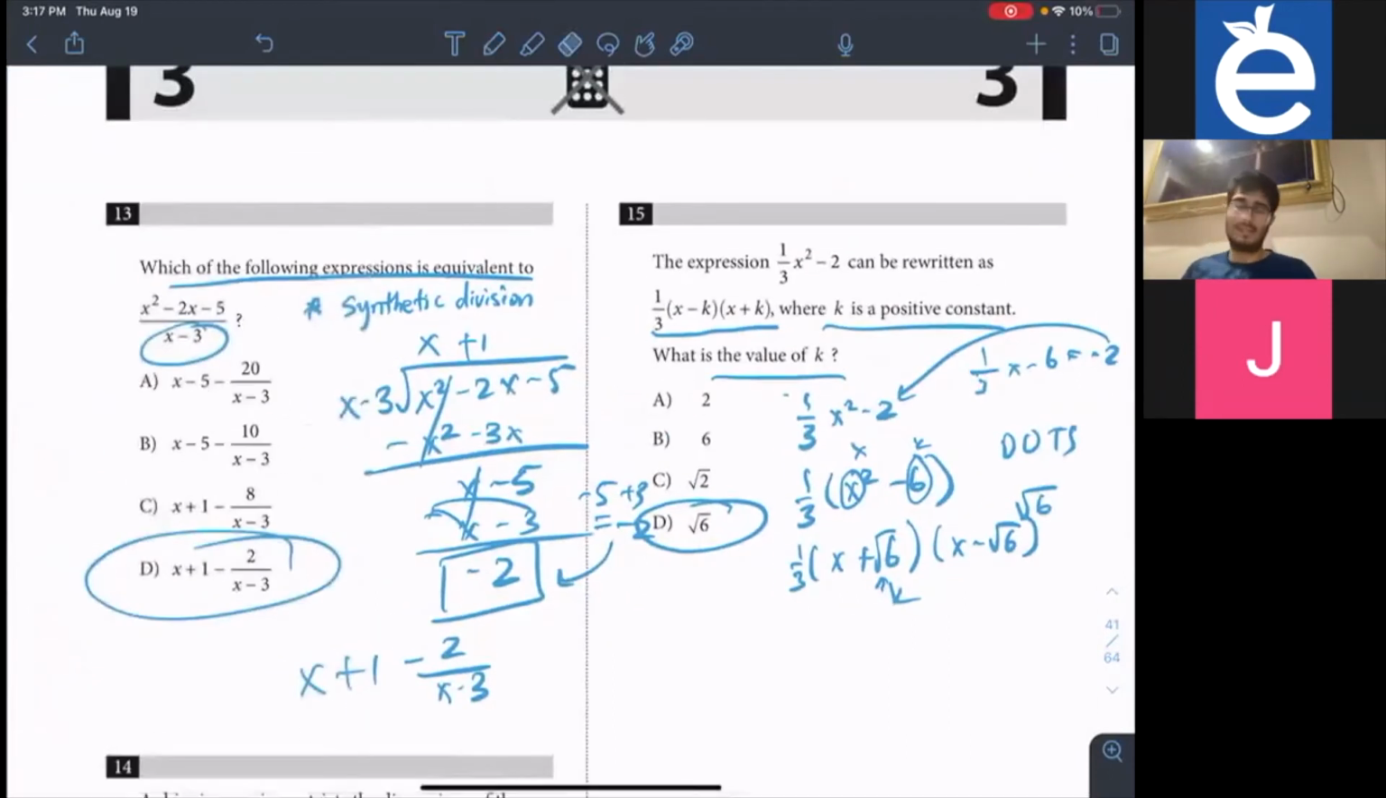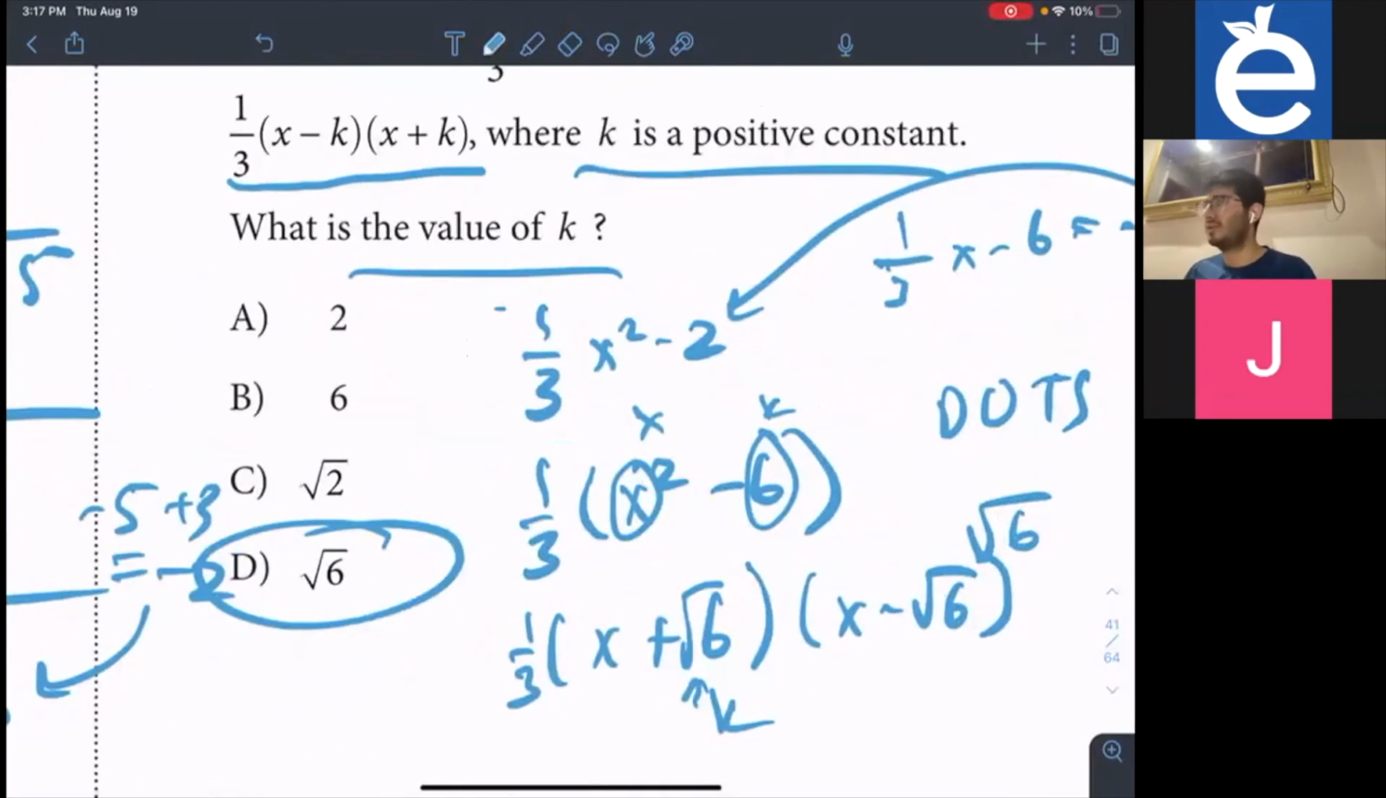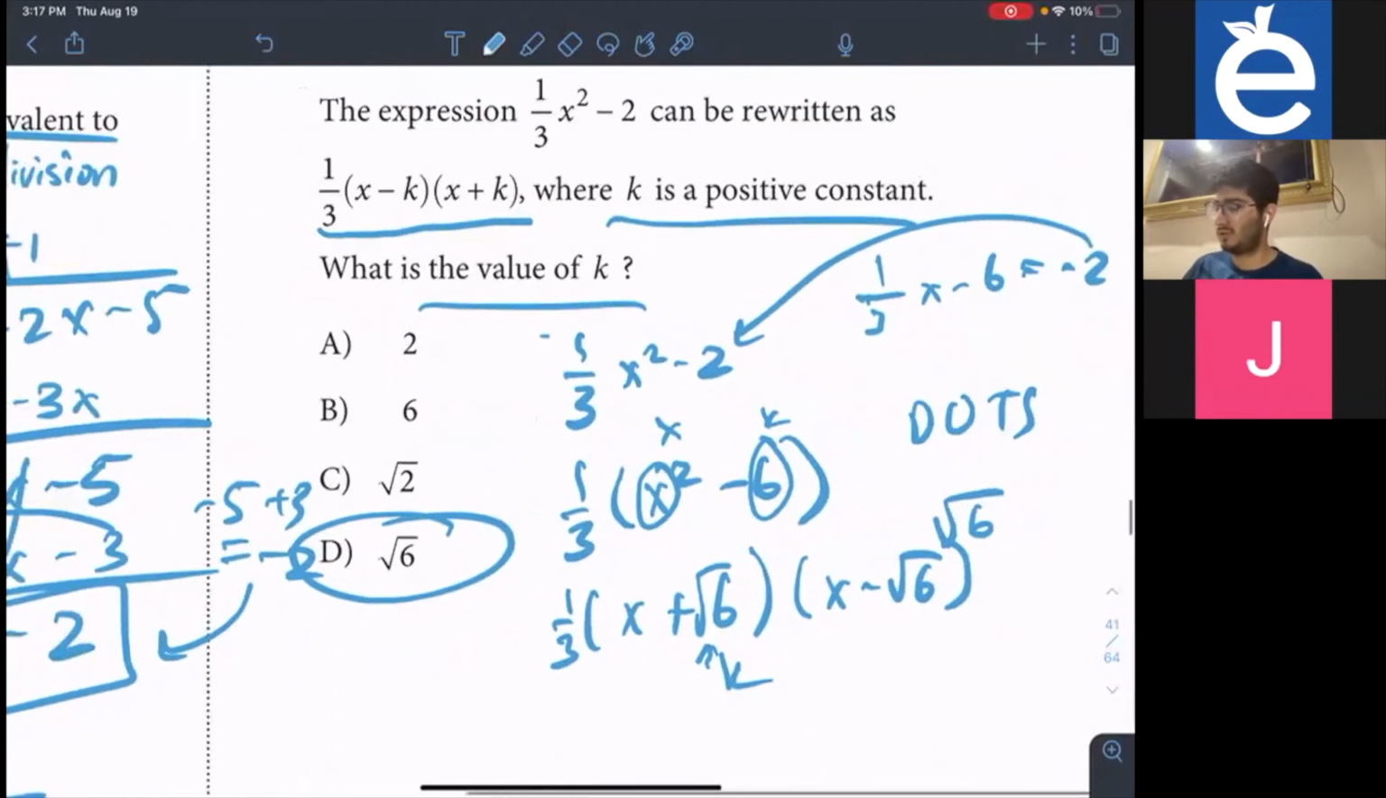So 15 was choice D, because you first have to realize that you have to take out the 1/3 from both terms, and then you have to use difference of squares. You have to factor it completely, and you can't be tricked by it. If you correctly factor and correctly take out the 1/3, our answer should be choice